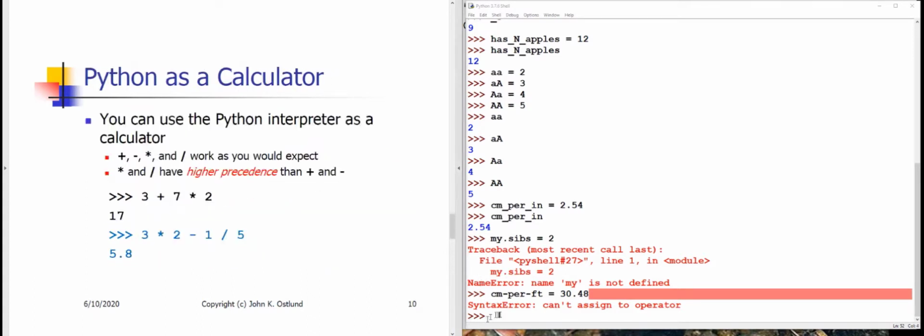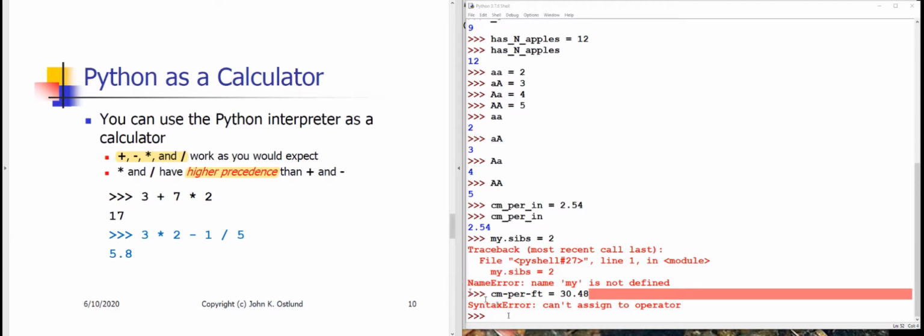Okay. Well, one thing that you can do with a Python shell that's almost the most trivial thing is to just use it as though it were a calculator. We have in Python the usual arithmetic plus, minus, times, and divides operators. That is addition, subtraction, multiplication, and division. And as you're used to doing in pencil and paper mathematics, the multiplication and division have higher precedence than addition